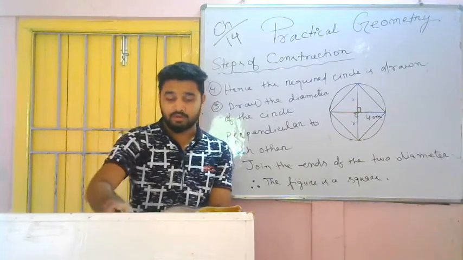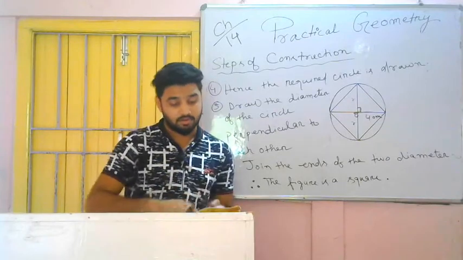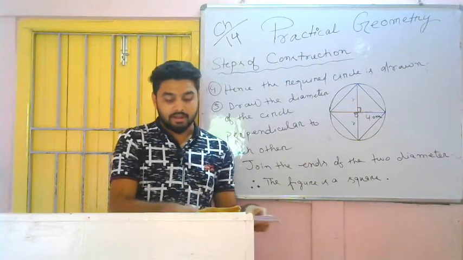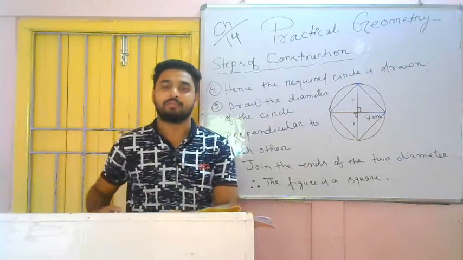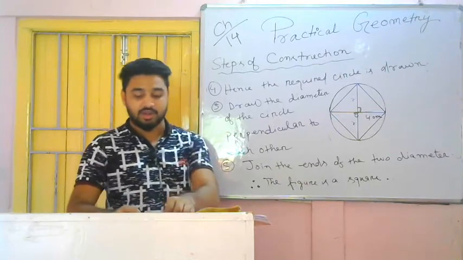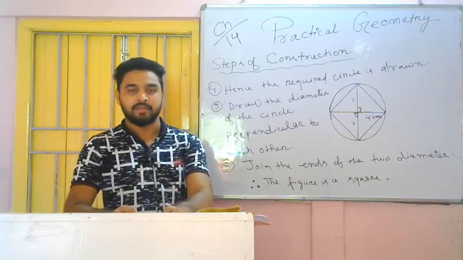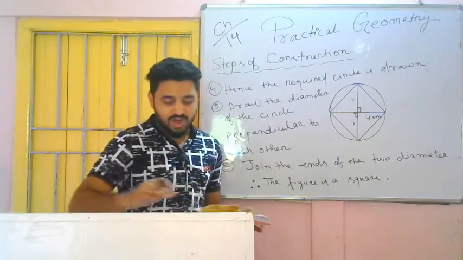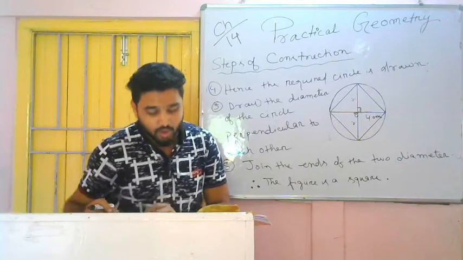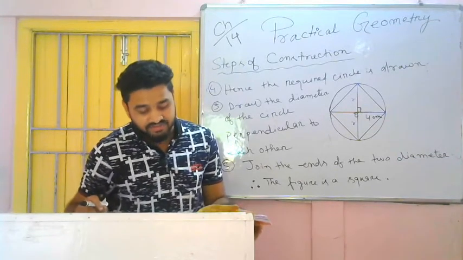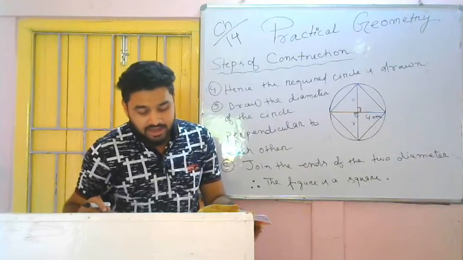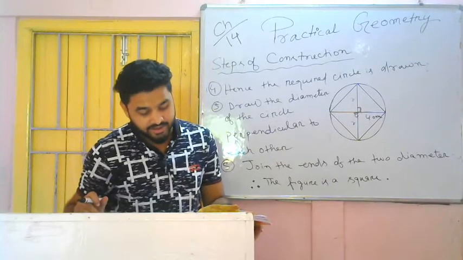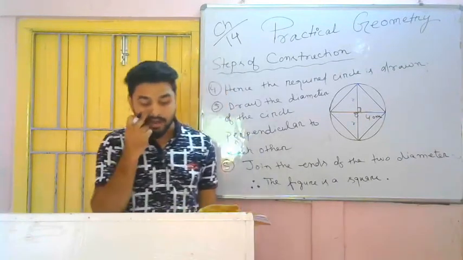Now come to question number 4. Is the last question. And question number 5 is already done in your book. Just I will make you understand, okay? And the steps and the construction, whatever written in your book, it is same. You just write as like. So you see question number 4, draw two circles of equal radii with center A and B such that each of them passes through the center of the other. Mark the points where they intersect each other as C and D. Examine whether AB is perpendicular to CD.